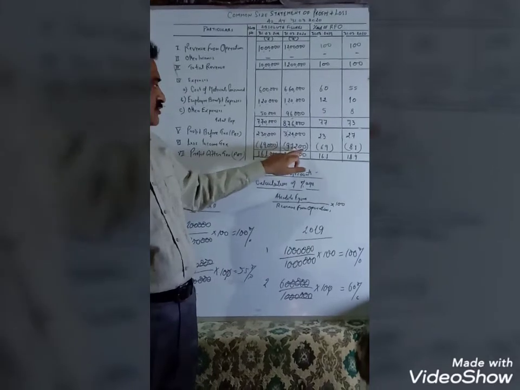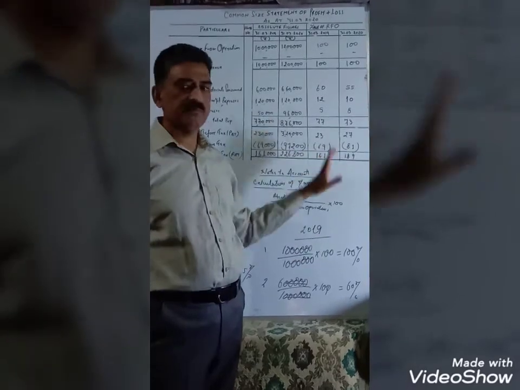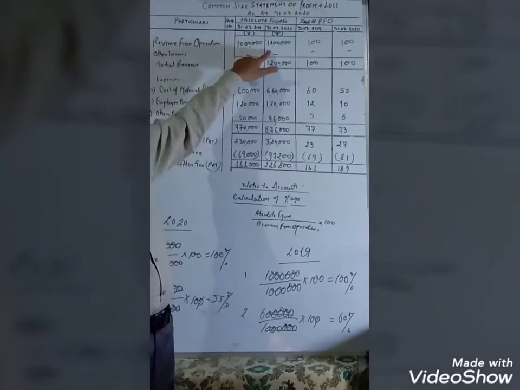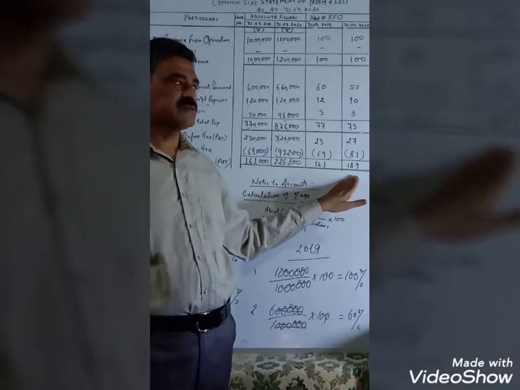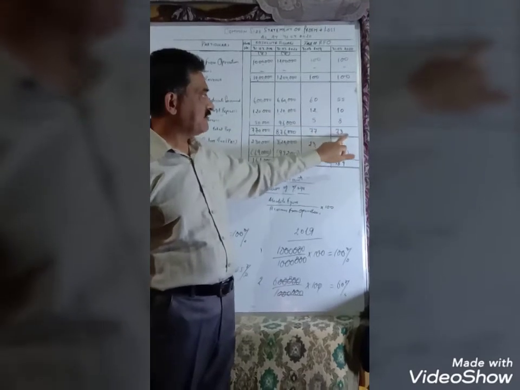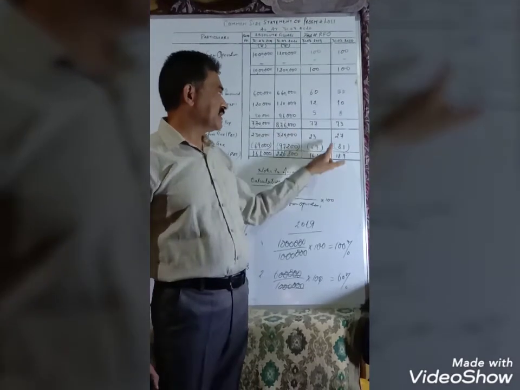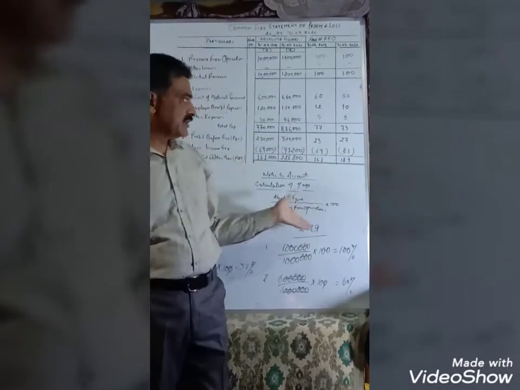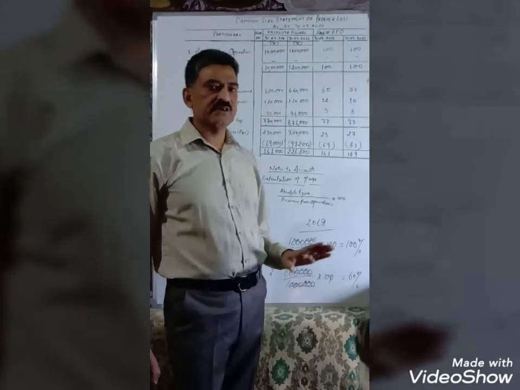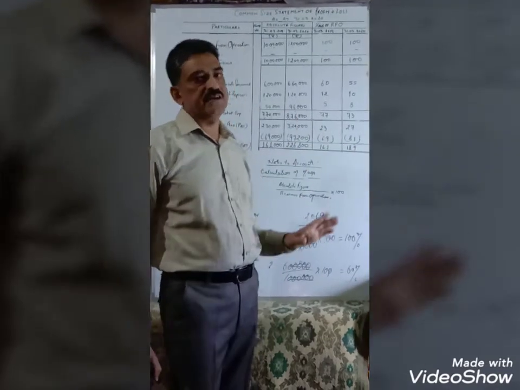Then 97,200 income tax divided by 12 lakh multiplied by 100, we will get 8.1%. Profit after tax 2,26,800 divided by 12 lakh multiplied by 100, we will get 18.9%. Now if we make a total of the percentage for the year 2020, this will become 73%. And out of 100 we will deduct 73%, then we will get 27%. And if we take 30% of 27, that is the income tax, this works out to 8.1%. And after deducting income tax, 27 minus 8.1, we will get 18.9.